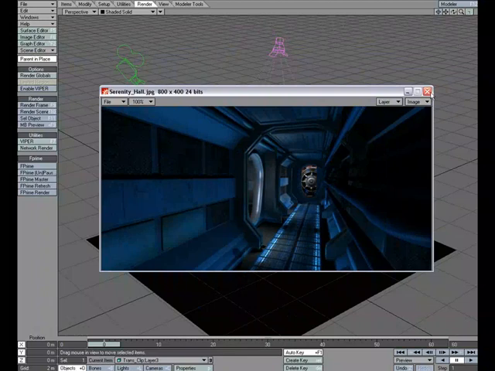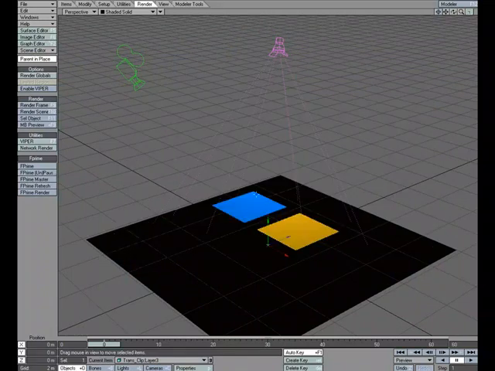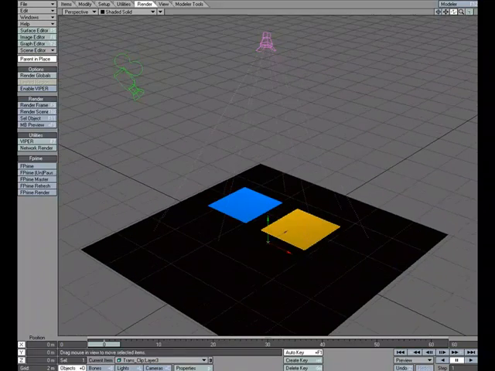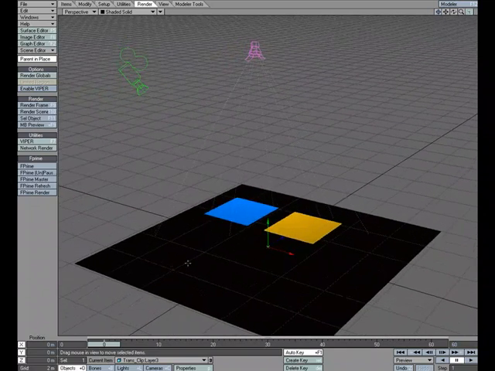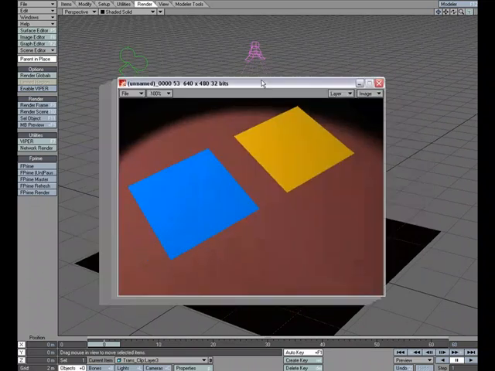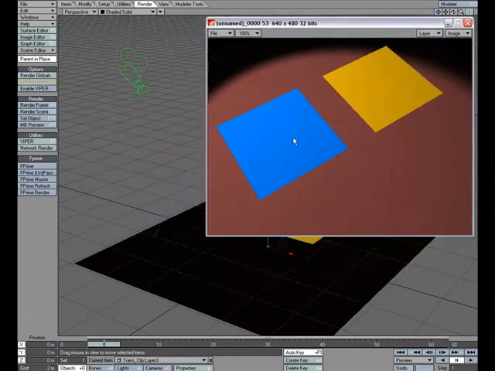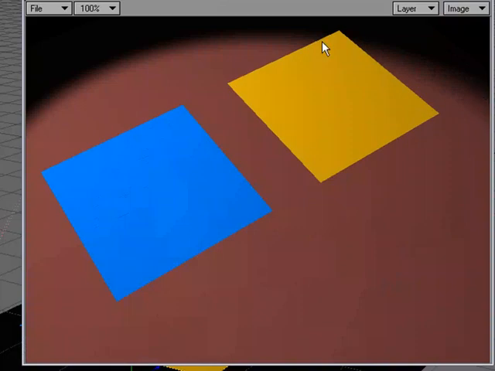So let's go ahead and close this image. And in this scene, I've already got a few things loaded up. I've got a ground plane here, and I've got two flat objects, just two squares that we can use to apply some images with transparency. Now I've also got my camera set up and I've got a spotlight shining down. I'm going to go ahead and do a quick render, and as you can see, we've got the two flat planes and our ground plane,